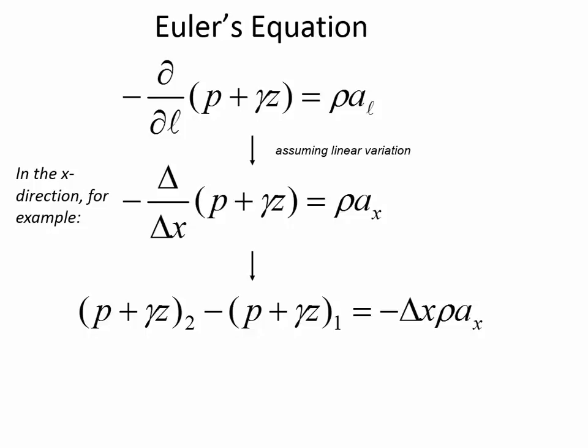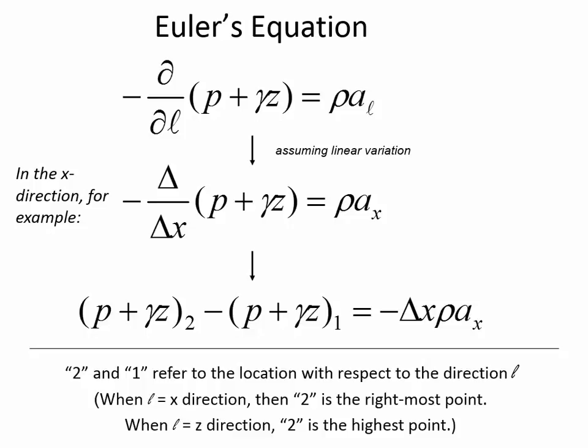In the same way that when we go downward through a liquid, the pressure increase is greater for a dense fluid than if we're going downward through a fluid with a lower density. And so if we go down 1 meter through a very light oil, then the pressure increase is less than if you go down 1 meter in depth through something very dense like mercury. So location 2 and location 1, we're going to have to be very careful about how we consider our